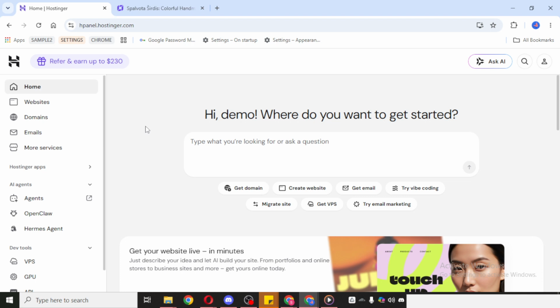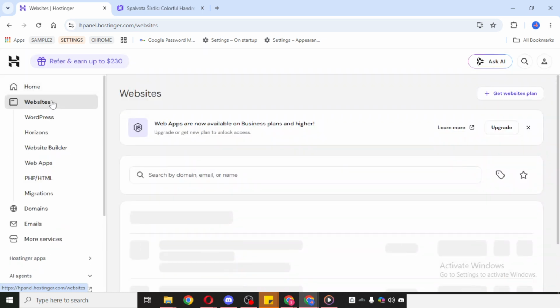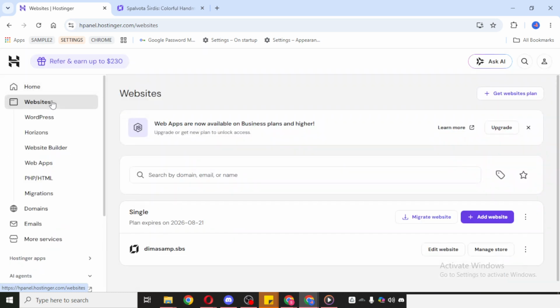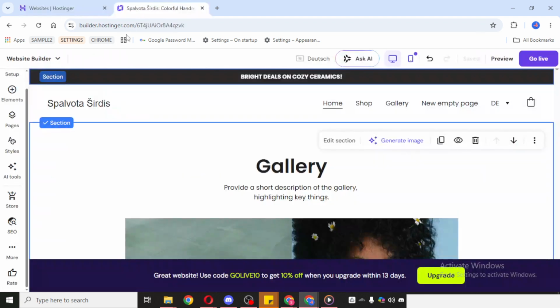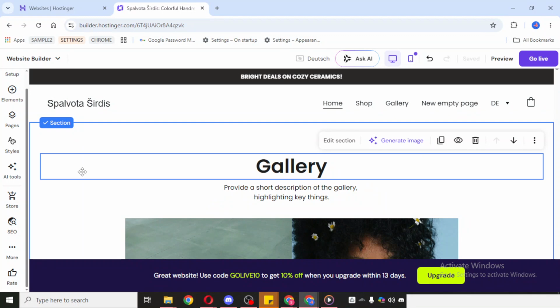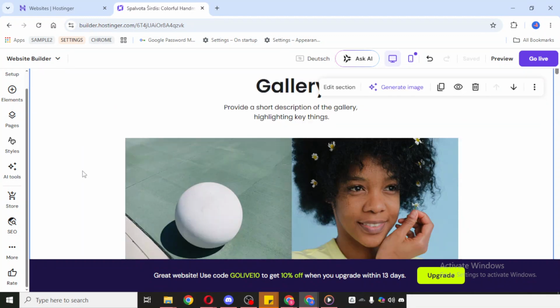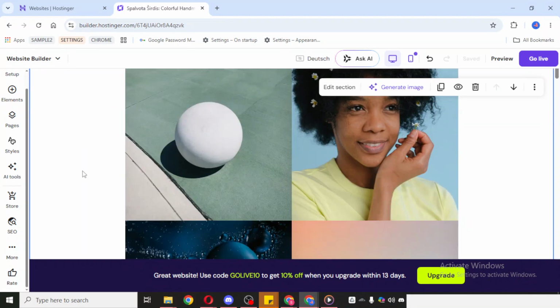It helps reinforce your branding and makes your site easier for visitors to identify. To get started, open your Hostinger account and go to your dashboard. Once you're logged in, look for the website section and click on it. This will take you to the area where you can manage your site and access its editing options. From there, find the website you want to update and click Edit Website. This opens the website editor, where you can make visual and general changes to your site. If you have multiple websites, just make sure you're selecting the correct one before moving forward.